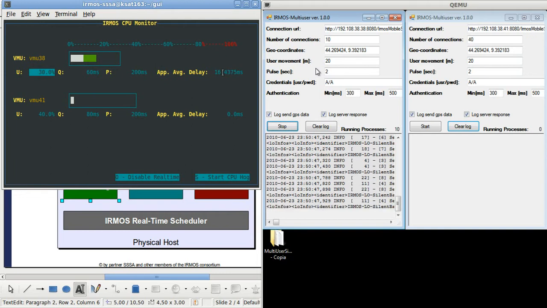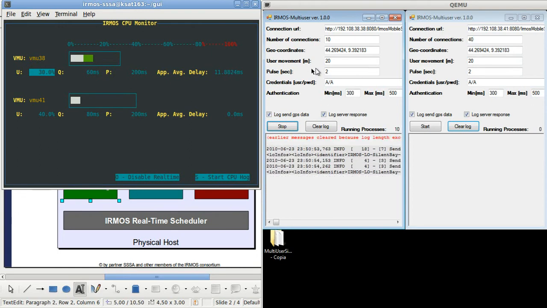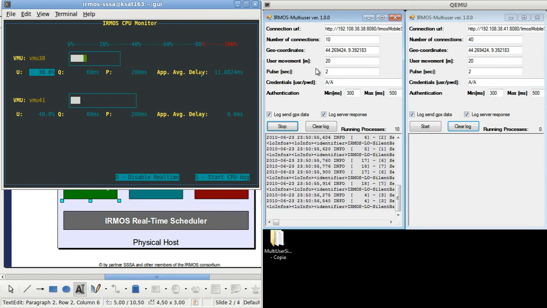And as we can see, we are getting an average delay in serving requests coming from these 10 users, which is fluctuating between 15 and 30 milliseconds, more or less.